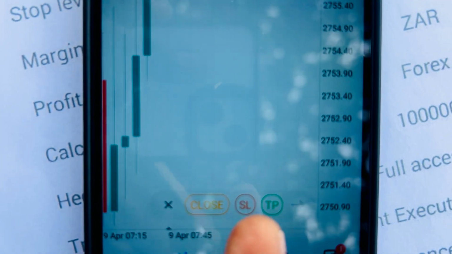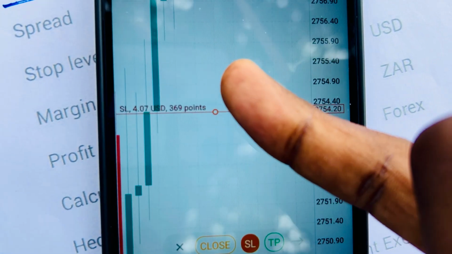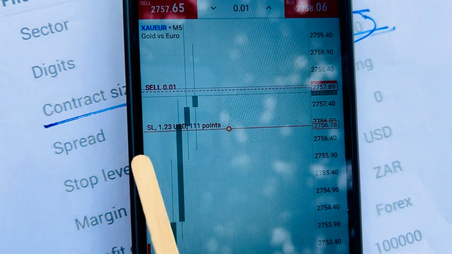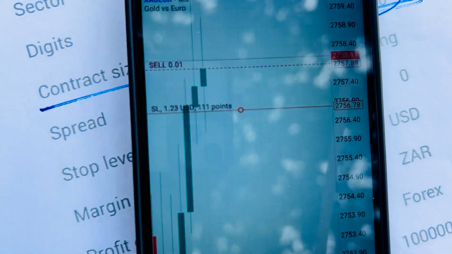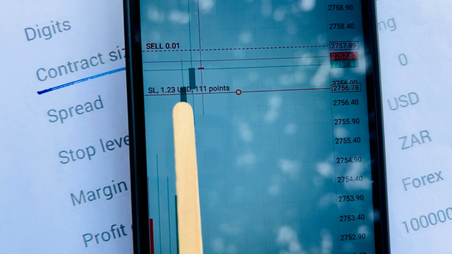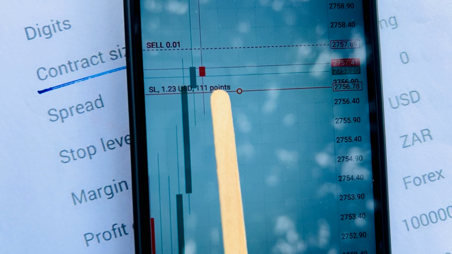If now we tap on SL here, this pops out. You can see we can just tap and hold, drag it to the upside. You can see the money keeps moving like that. So we can zoom in, and just like that, you can see here we're risking 1.23, and this is 111 points,